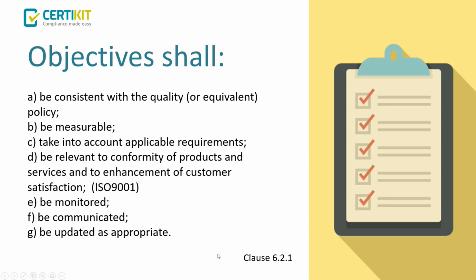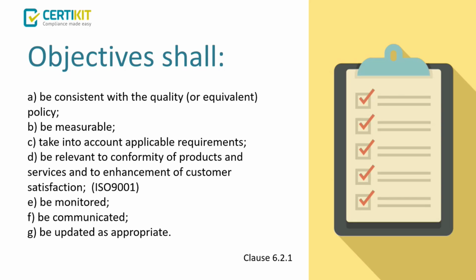So lastly, they need to be updated as appropriate. So this not only means that the progress against them needs to be updated, but also you may decide to set objectives for a certain period of time. So you may decide to do some objectives for a financial year. It could be that you have some objectives that after a period of time are achieved, and therefore you want to introduce some more objectives. It's really about turning the screw and making sure that the objectives are working for you to achieve that continual